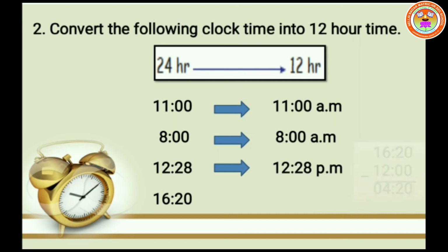16:20. That is, we want to subtract from 12. 0 minus 0, 0. 2 minus 0, 2. 6 minus 2, 4. 1 minus 1, 0. That is